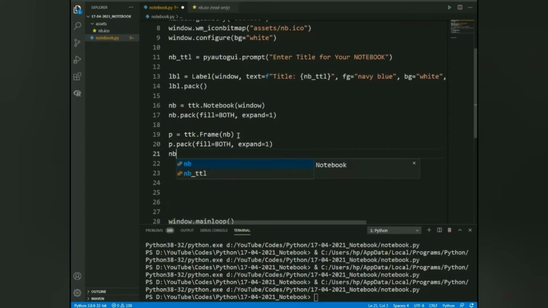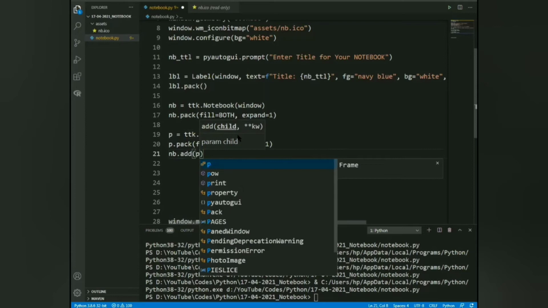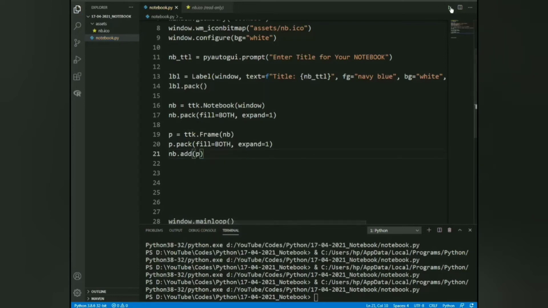Now we have to add a command, that is nb.add. Inside it we will say p, which will add our page to our notebook.